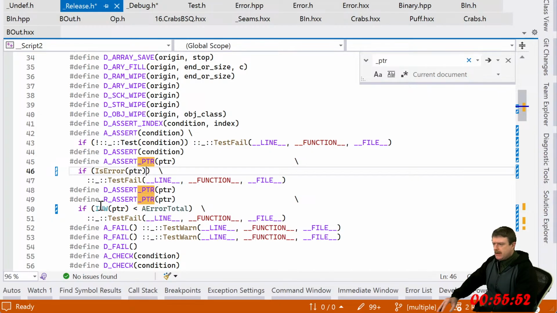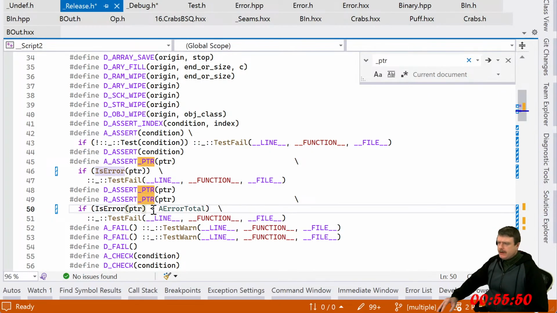But I've been having a little bit of trouble with this pointer error system. Just implementing it. I feel like it's a good idea. I know feeling is not really necessarily the best, you know. Going off the vibes can sometimes be a disaster.